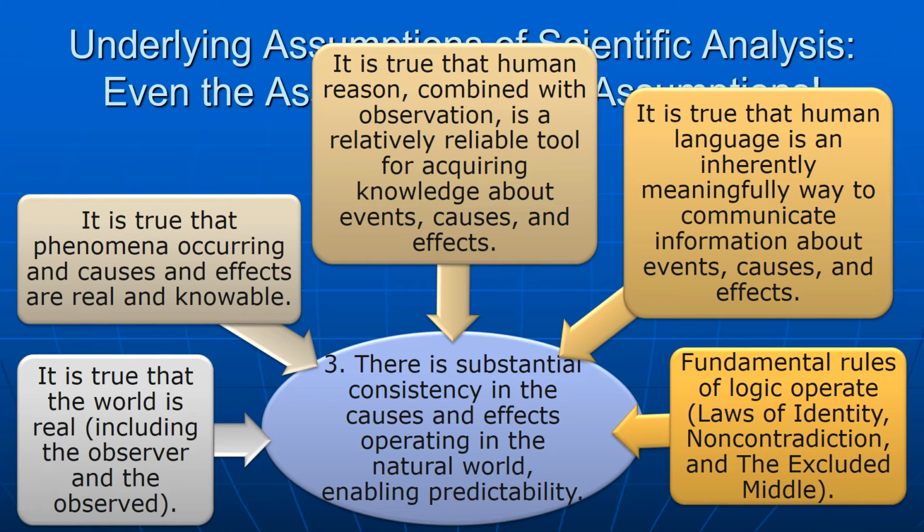So even the underlying assumptions of our scientific analyses have these core underlying assumptions that provide a structure for conducting scientific analysis. If somebody rejects any of these, then they have a very difficult time doing scientific analysis. They have a hard time making any kind of scientific claims because science assumes all of these things are true. If you don't assume they're true, or if you don't think that they're true, then it becomes incredibly difficult for you to reconcile being a scientist.